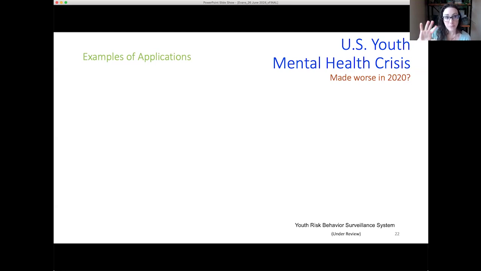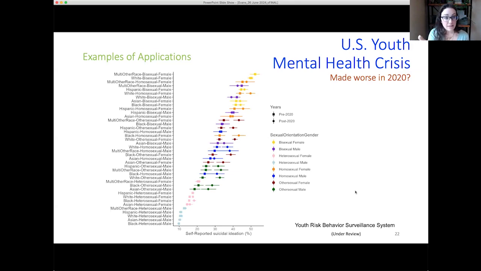So in this example, this isn't going to be the sort of typical MAIHDA. We are going to have a random coefficient where we are looking at pre and post 2020. So in other words, what's the intersectional patterning across all of our strata before versus after 2020 and the onset of all of the many disasters that have happened in this time frame? So what we see when we look at it this way is this.